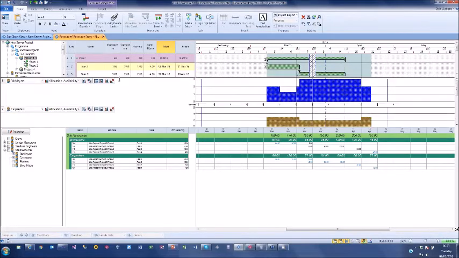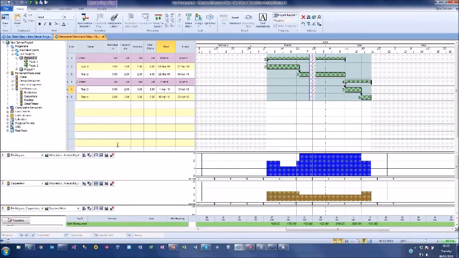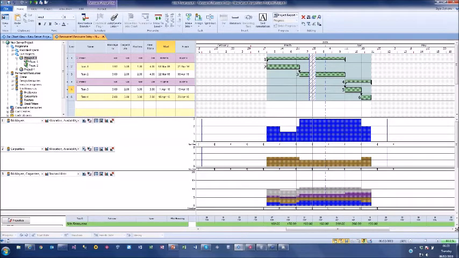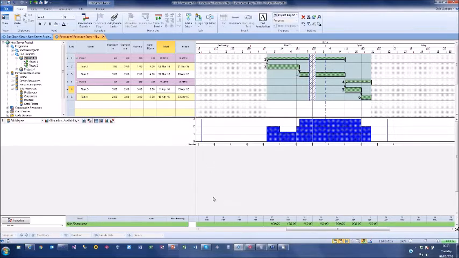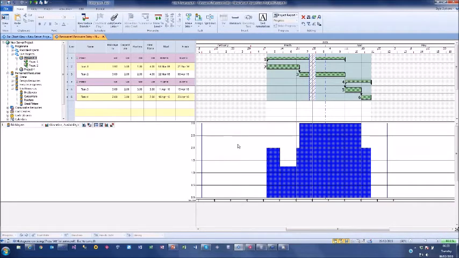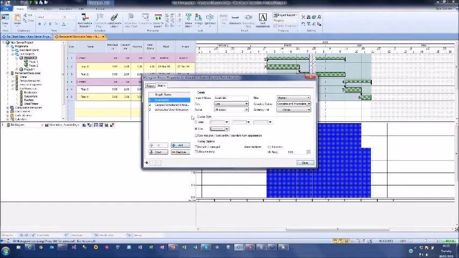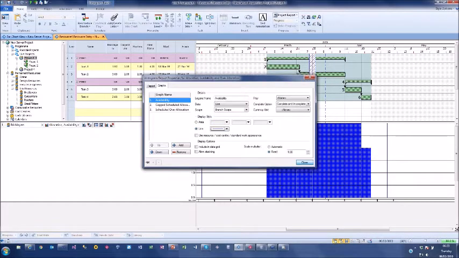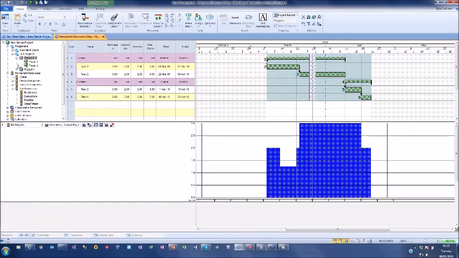Now I'm changing my resources here, and I'm looking at my resources just on the basis at the moment I'm looking at phase 3. If I just very quickly get to remove these in here, so I just see the one histogram at the bottom, I can very quickly turn this histogram to look at branch. So now when I click on my different projects,